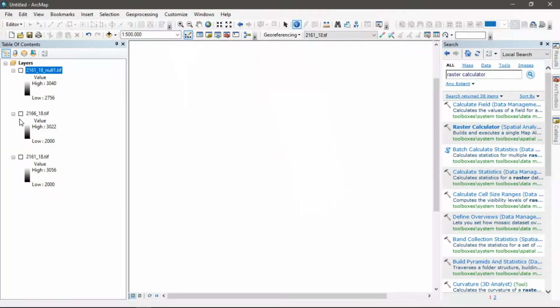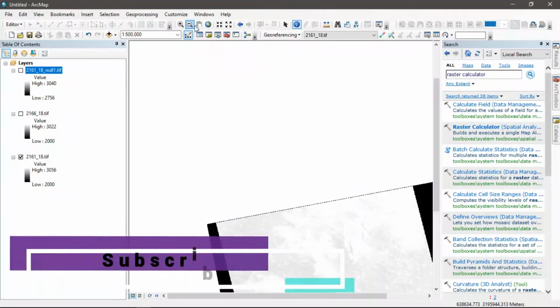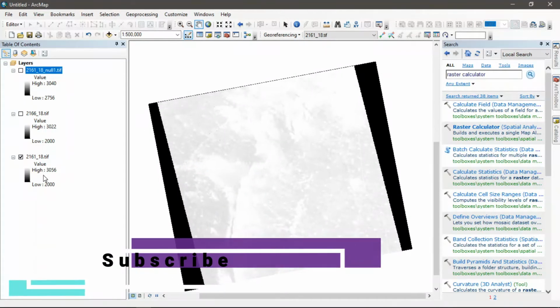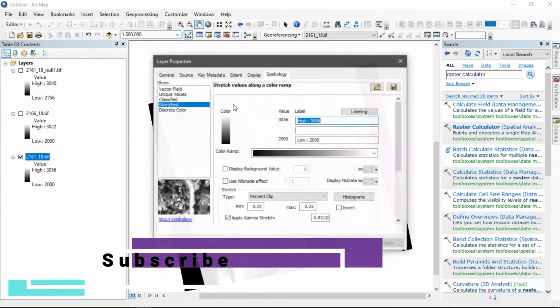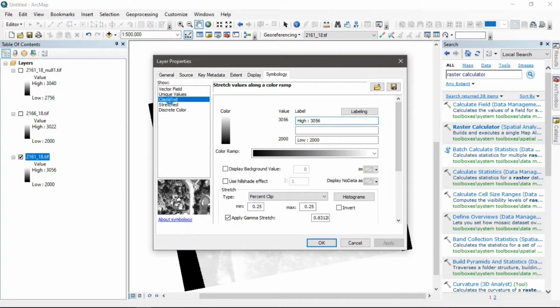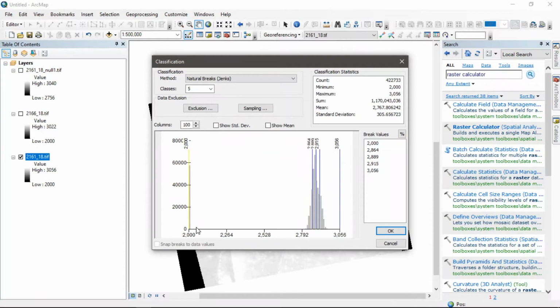Similarly, we can also remove that particular black value, or set the black value as the null value, in the other raster. For that we go to the properties, go to the classified section, build histogram yes, and then classify. Again we can see there is a huge gap, and the last value of the histogram is 2817.